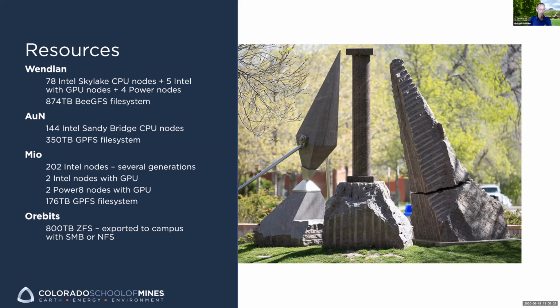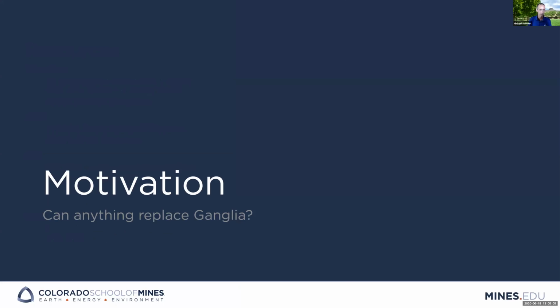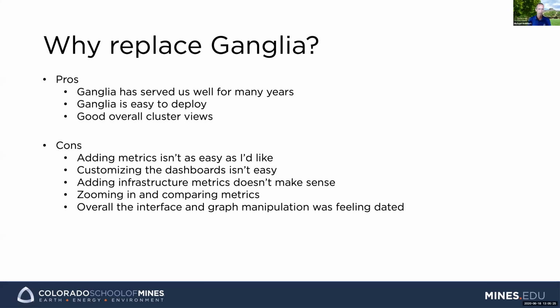So now on to what y'all came here for, which was to find out why we should be looking at something like Prometheus and Grafana. We have been using Ganglia since we started running HPC clusters. And Ganglia has worked fine for us, and fairly well. It's easy to deploy. It gives us a good overall view of what's happening in our cluster. So from that point of view, Ganglia was fine, and we had no reason to change, but